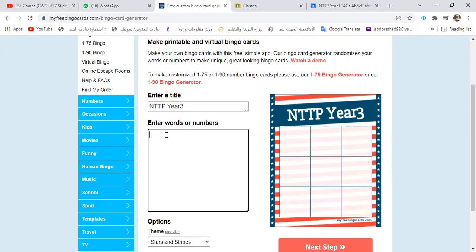I will write down, for example, Umraniya, South Giza, Atfih. As you see, when I write down a word, it appears here in the bingo grid. NTTP, tags,